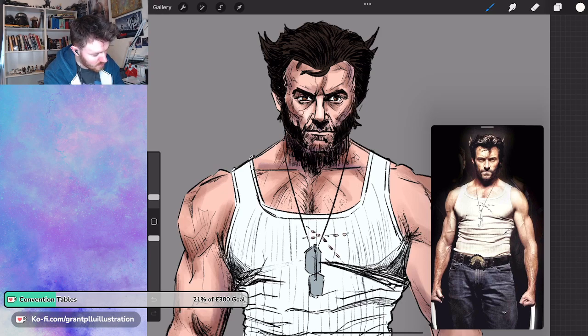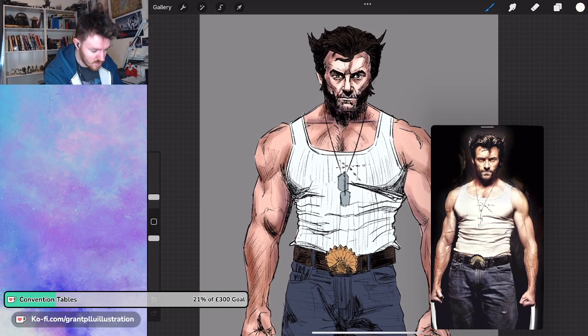Because of how strong the light source is here, it's going to be really bright. So don't be afraid to go in with a bit more brightness, but obviously you want to keep it measured. You don't want it to be too much. But with a really strong bright spotlight like this, it is going to be quite bright. In fact, it's probably going to end up looking not bright enough once we get to the end of it. But it's already looking